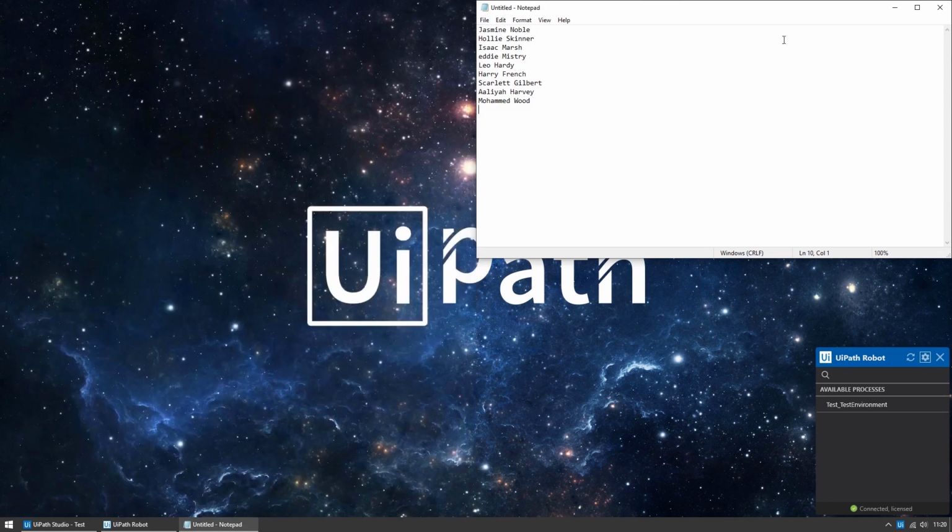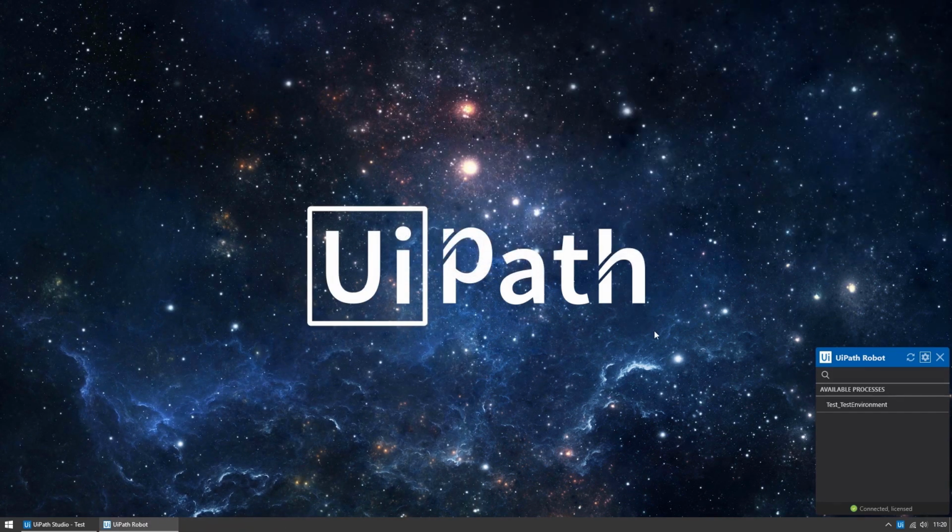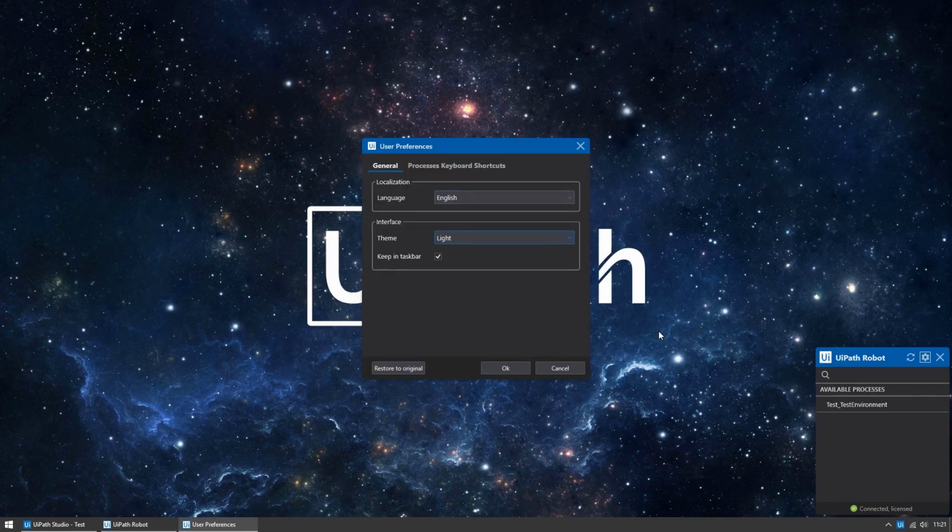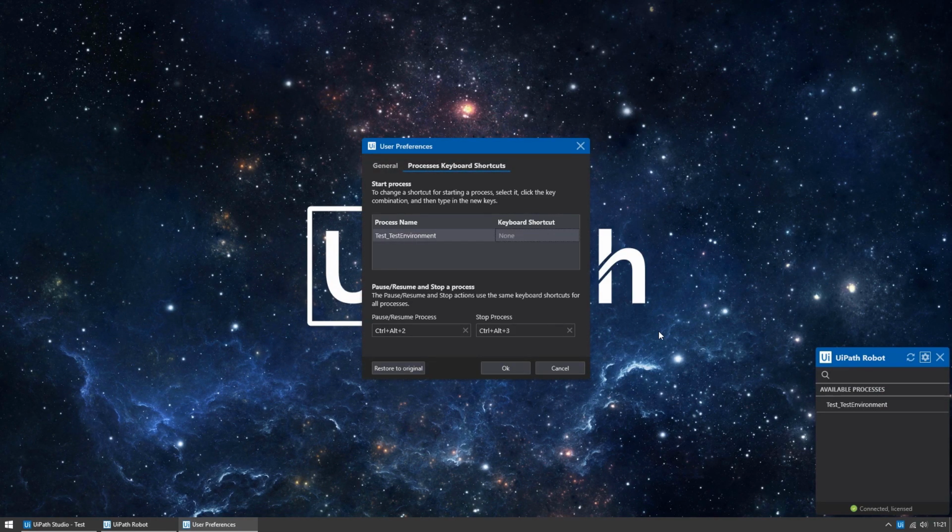We'll now move on to the accessibility feature, which is responsible for navigating through the robot by using the keyboard instead of using the mouse. As you can see now, we can easily toggle over several tabs only by using the arrow keys of the keyboard, and we can navigate through the options of the robot. In this case, we can easily navigate to User Preferences, change the theme once more, remove shortcuts, only by using